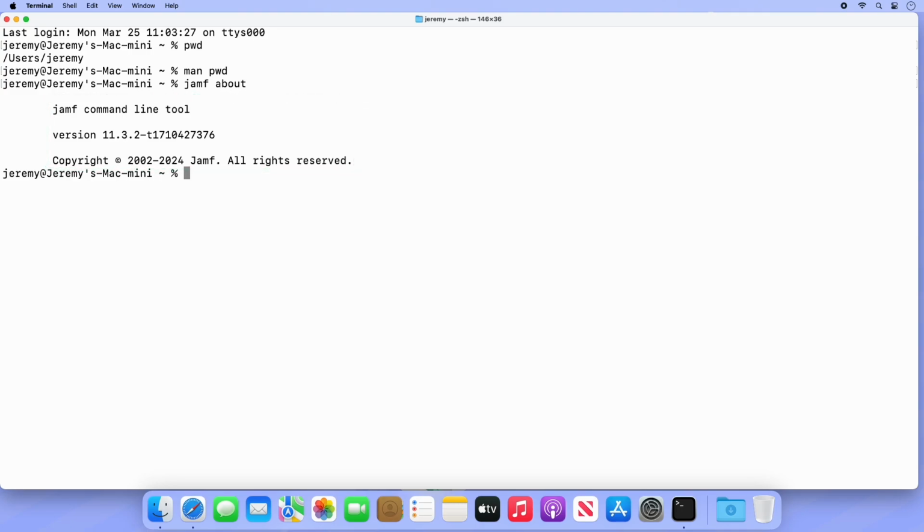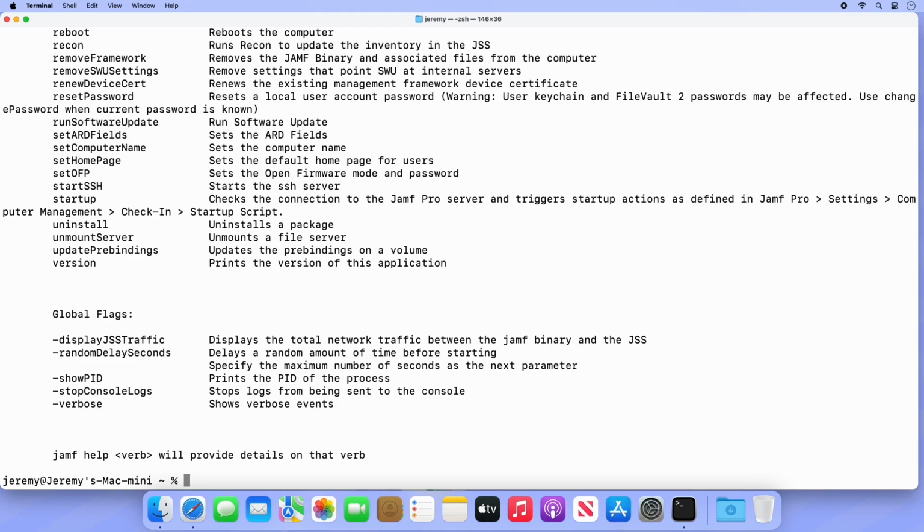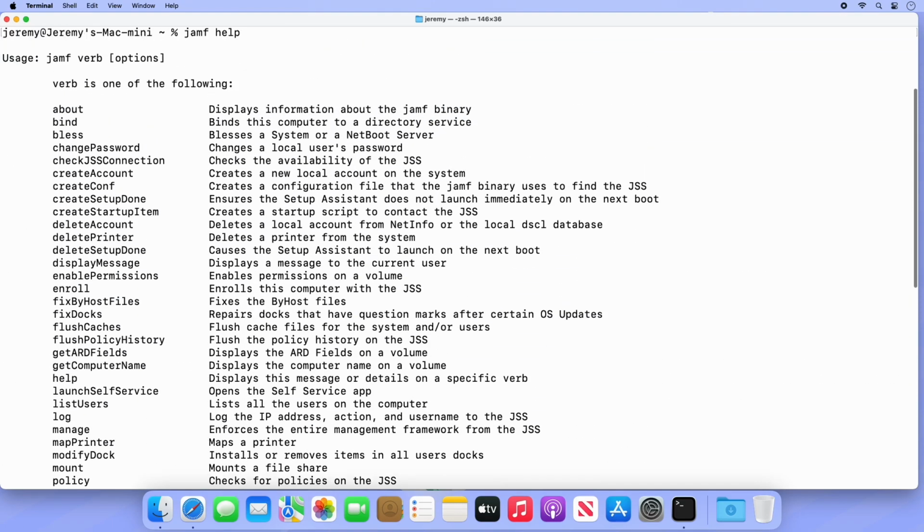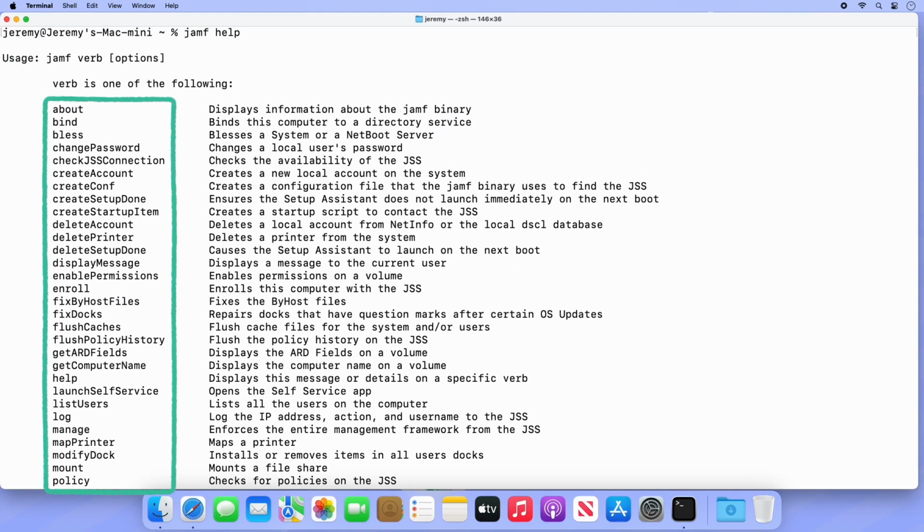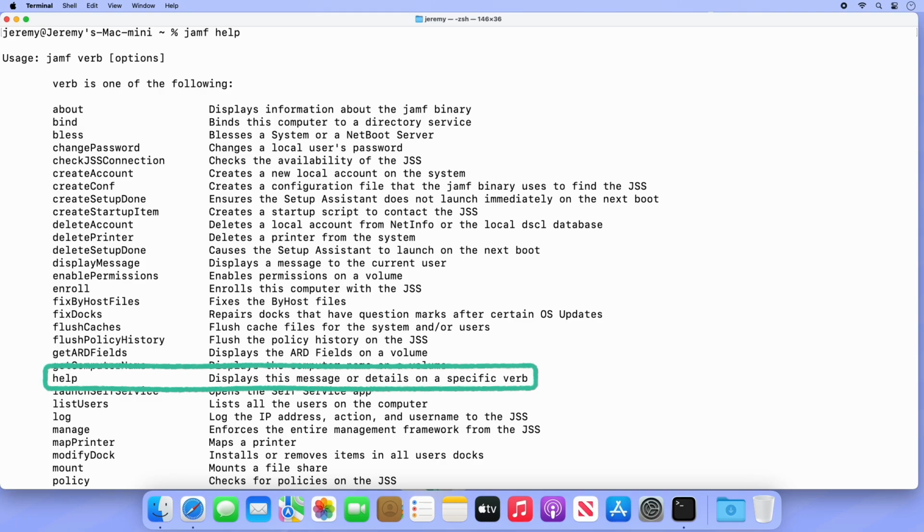The Jamf binary does come with its own manual page, but it's accessed in a slightly different way than other commands. Type jamf help and press return to access the Jamf binary manual page. Here we can see a list of commands available to us, as well as a short description of the command. One common use of the binary is to manually initiate a check-in for policies that trigger a recurring check-in. Perhaps you're testing some changes to a policy and have saved a new version of it, but don't want to wait the 15 minutes between check-ins before testing the policy.